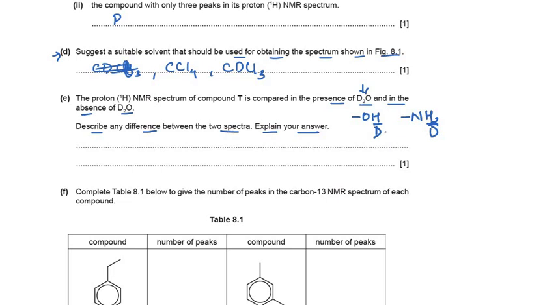But our structure doesn't have any alcohol or amine group. It's a ketone and benzene rings compound. So here there won't be any difference with D2O or in absence of D2O. So I'll just write no difference in the spectra,